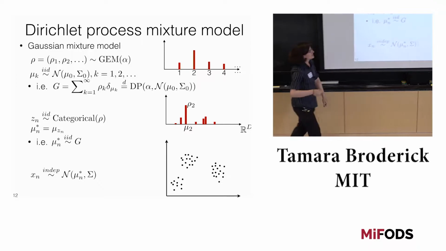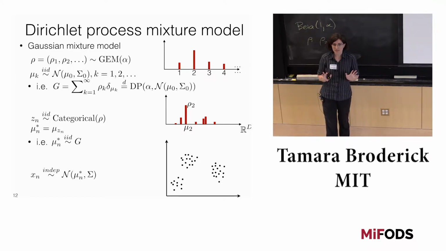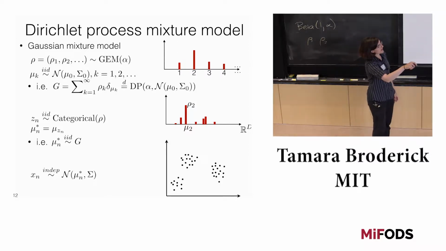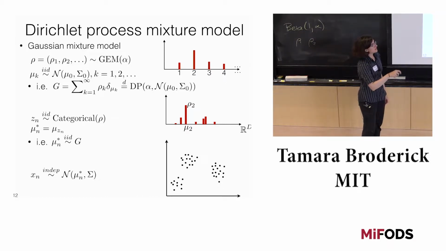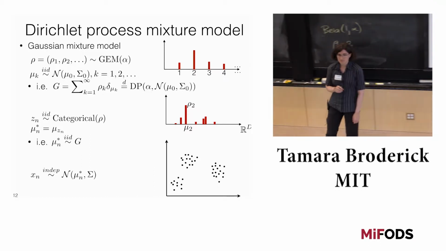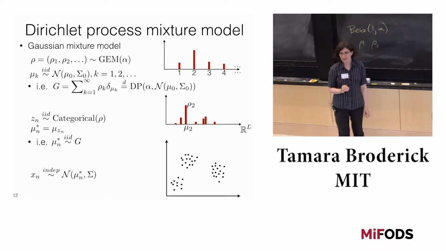Now, again, I want to emphasize, this doesn't have to be for Gaussian mixture models. You could do this with topics. You could do this with all kinds of different data, in which case you would change the prior on the cluster-specific parameters, and you would change the likelihood. But you'll always have, in this type of model, one of these distributions over cluster-specific parameters that's given by a GEM, and in that case, you'll have a Dirichlet process. Okay, so if you have any questions about this notation or this setup, feel free to ask at any time. I'm about to go into a demo of what this looks like, but you can still ask questions about this notation and everything during the demo or after the demo.